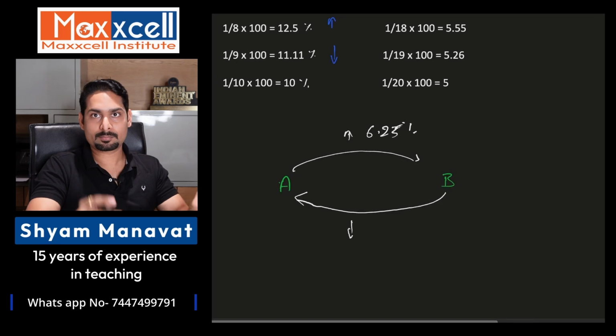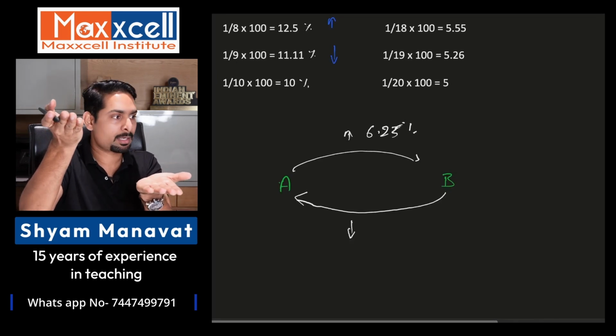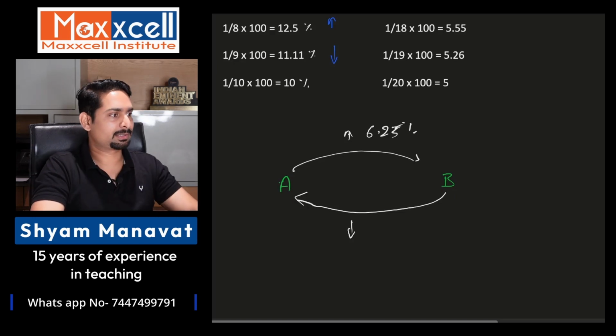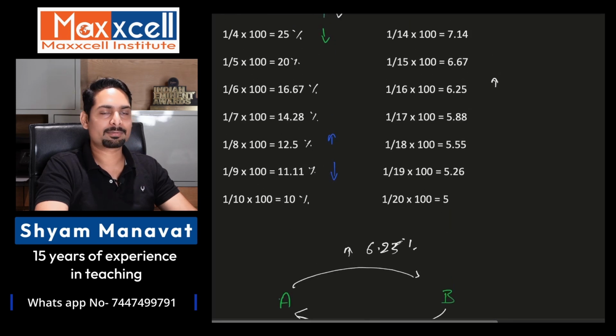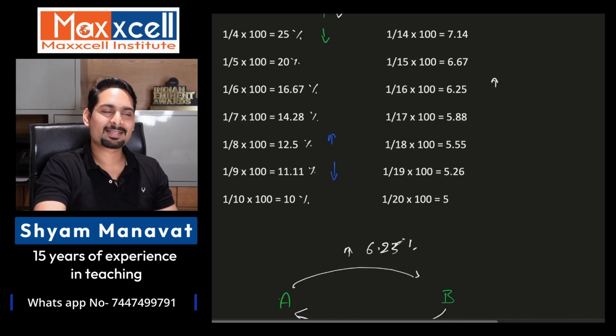If B is more, of course A is less, right? So from B if you want A, it should decrease. अच्छा, decrease percent क्या होगा? If increase is 6.25, tell me what should be the decrease value? Absolutely right. This one,